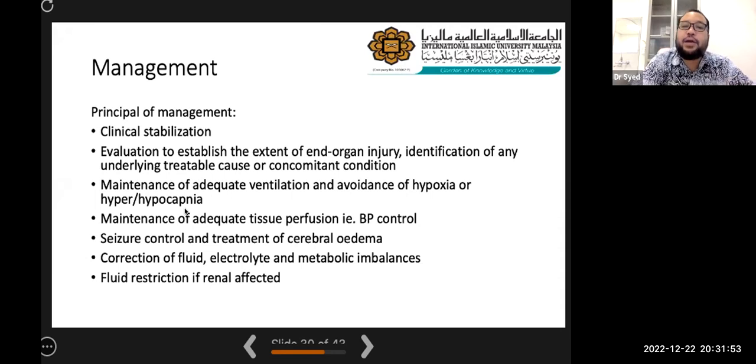Fluid correction. Make sure that there's no fluid overload, and if there's blood loss, for example, we need to correct the fluids. Make sure electrolytes are maintained well, as mentioned before. There's sodium overload, there's sodium, potassium issue, calcium. So all these things need to be corrected. And most of the time, especially when kidneys are affected, we need to fluid restrict the patient. So for the first day of life, sometimes rather than starting on 60 ml per kilo per day, we start on 40 ml per kilo per day, for example. So that's renal impairment.